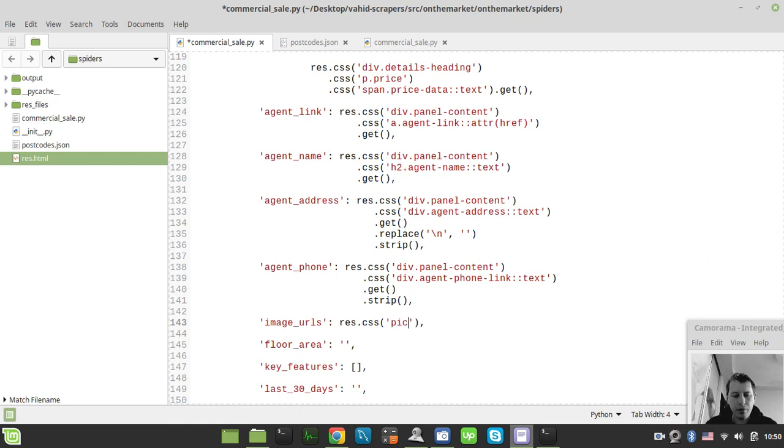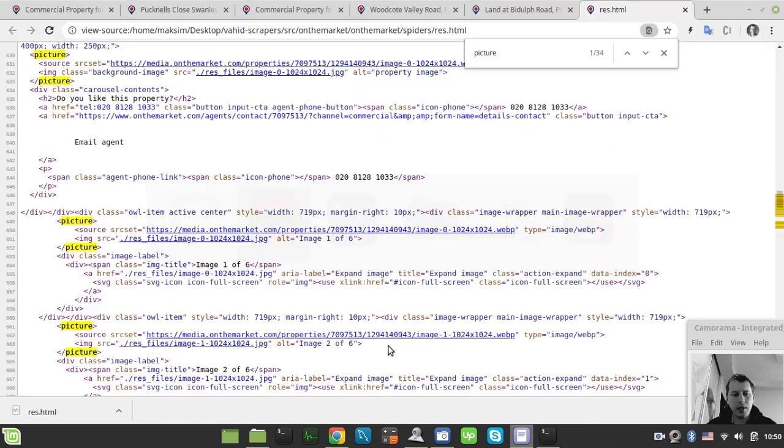We're looking for the picture tag, and within the picture tag we're looking for how is that called? Source. This is an interesting name for the tag. Even though I've been doing web scraping professionally for quite a bit of time, I'm still encountering tag names that really confuse me. Okay, so source,